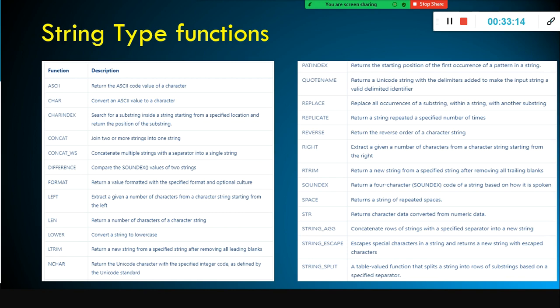Next we will jump into the string type functions. These are the different string functions that are available. It is quite exhaustive, but still it is helpful if you have to solve different business use cases. If you have more built-in functions, you can solve them without writing lines and lines of code. You can leverage the pre-existing built-in functions. With this, you should be able to quickly solve certain use cases to address some business issues.